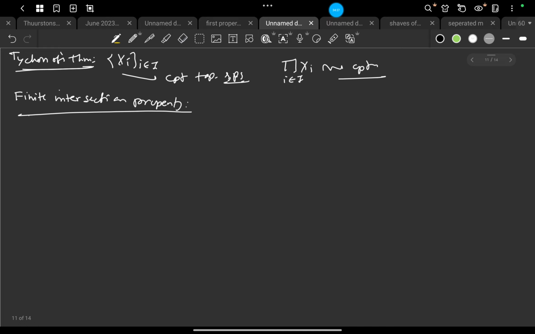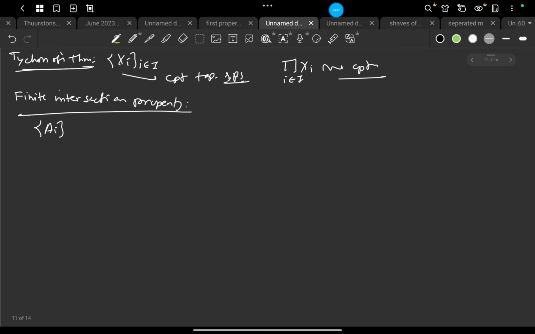So what is the finite intersection property? It says that suppose we consider an arbitrary class of sets, say A_i.